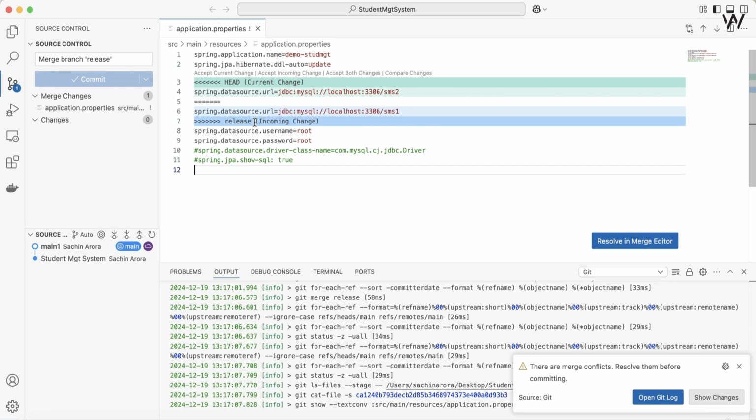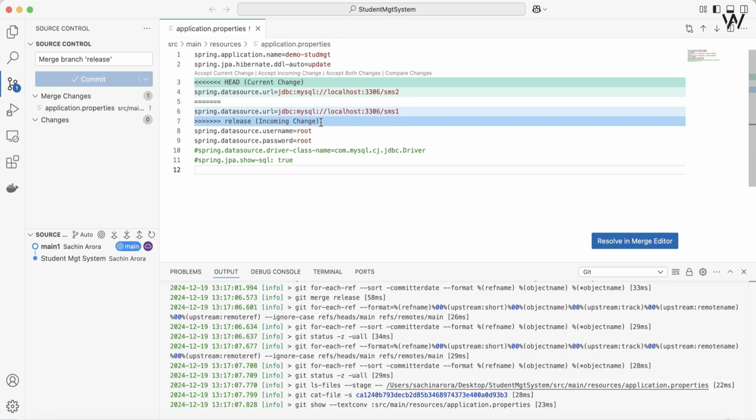So you can see we have a merge conflict here. So in the first section you can see the changes in green are current changes, whereas in blue are incoming changes. So let's say the changes that are in release branch are correct changes, whereas in master branch those are not correct changes. So I'm going to accept incoming changes